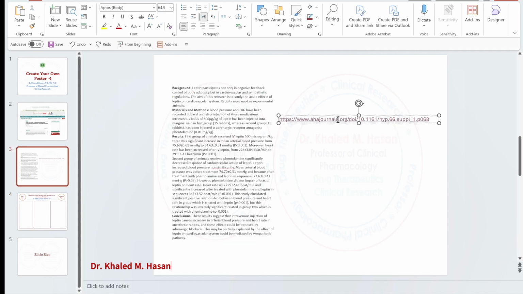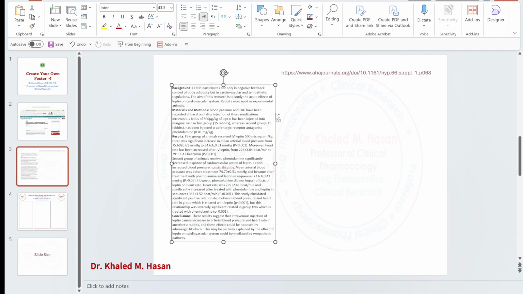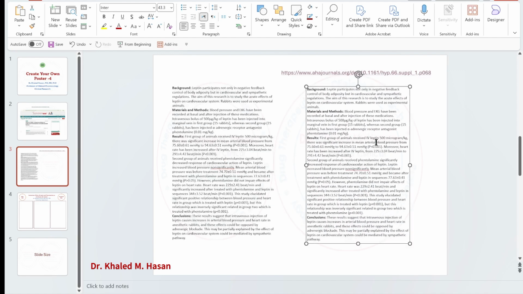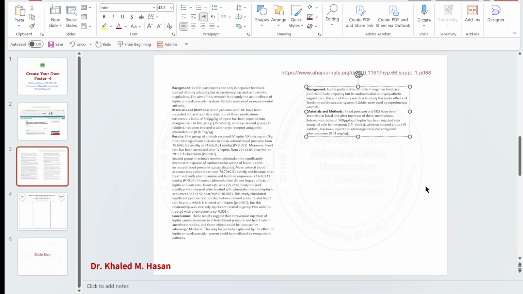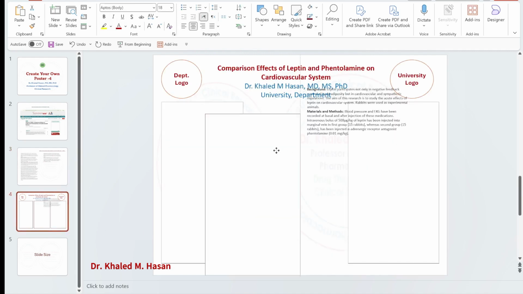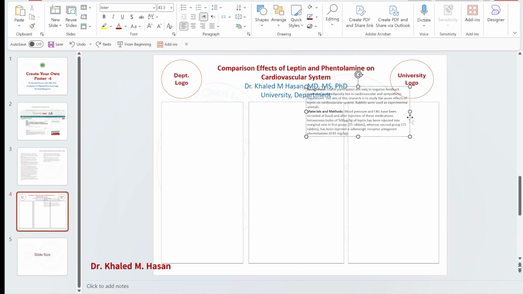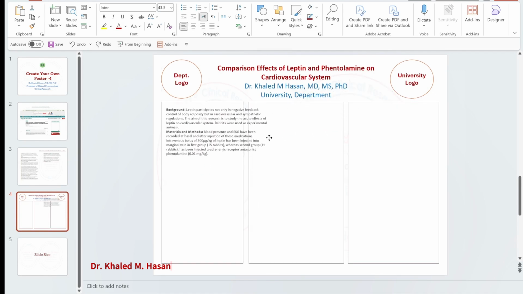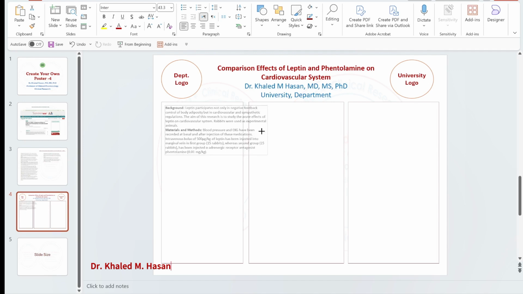Copy the entire text, copy and paste it, and you have it here. For example, you need the first column to be background and methods. Delete all these. Keep this information here for background and methods. Copy, Control C, and go to this file here and put it here. Okay, you can drag this information here. Copy and paste, and make it fit inside this